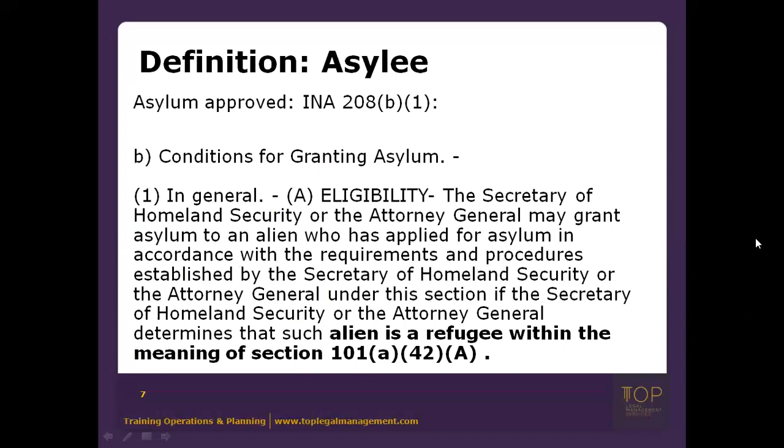And so what that means is if someone applies for asylum at USCIS, it's the Secretary of Homeland Security that makes a decision, right? Or the employees of. And if somebody applies for asylum through the immigration court, then it is the Attorney General, ultimately as the head of the Department of Justice, who makes that decision, or the employees. And then the